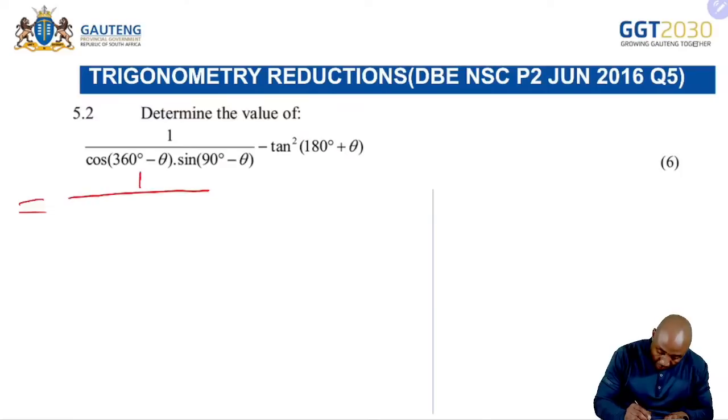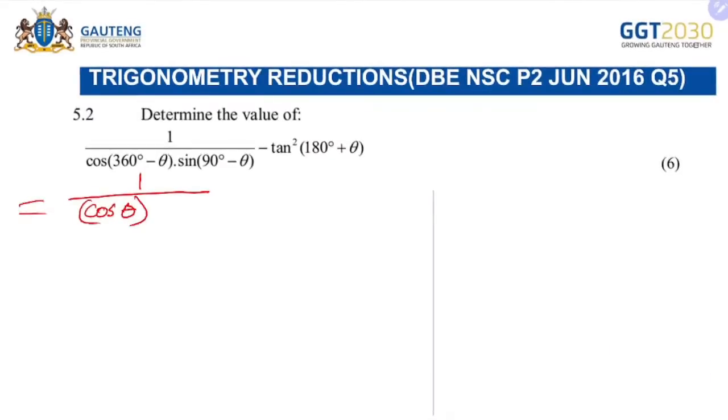So we'll have our 1 on the numerator. Cos 360 minus theta becomes cos theta. The reduction of sine 90 minus theta is cos theta. Then the reduction of tan 180 plus theta, it's in the third quadrant, and we know that in the third quadrant